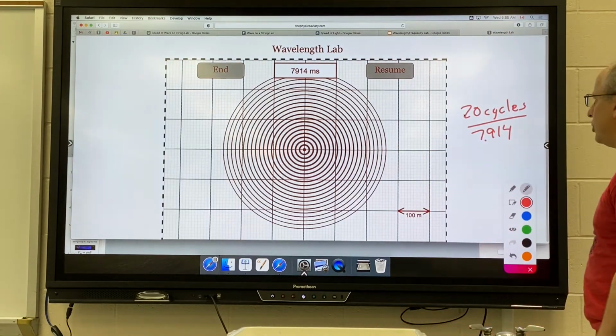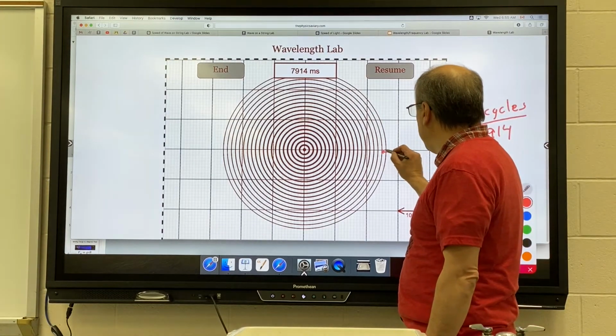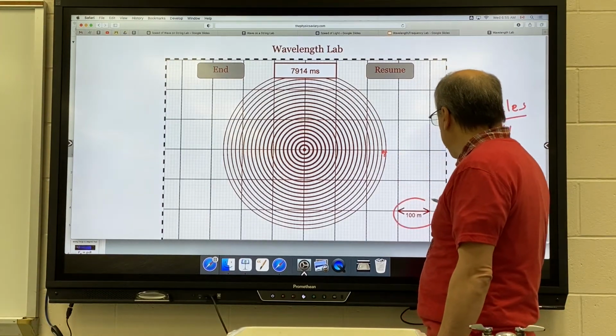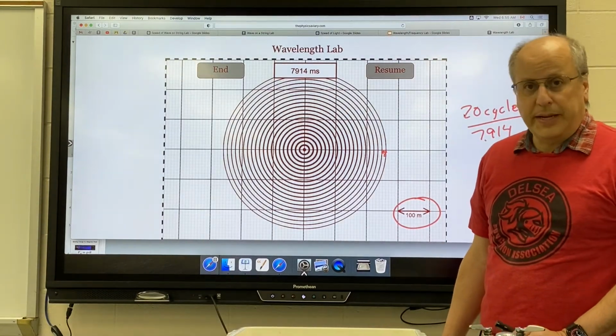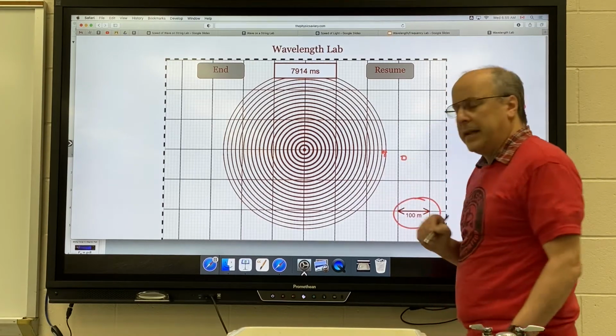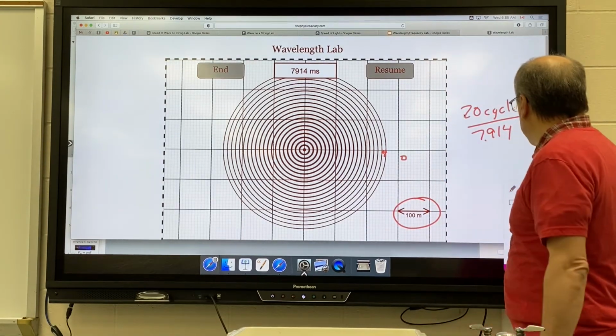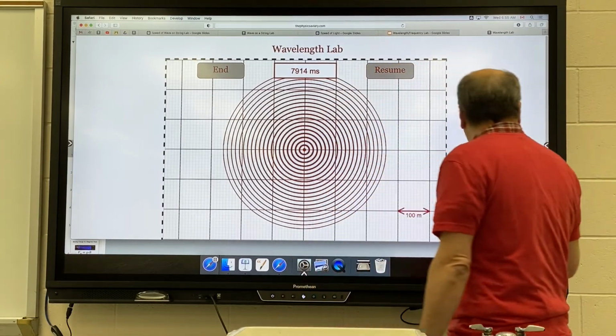To establish your wavelength, you just measure the distance between 2 waves. And again, the scale down here shows you how far it is for 100 meters. So each of these tiny little blocks represents 10 meters. Okay, so once you're done your first trial, you could then just hit end,